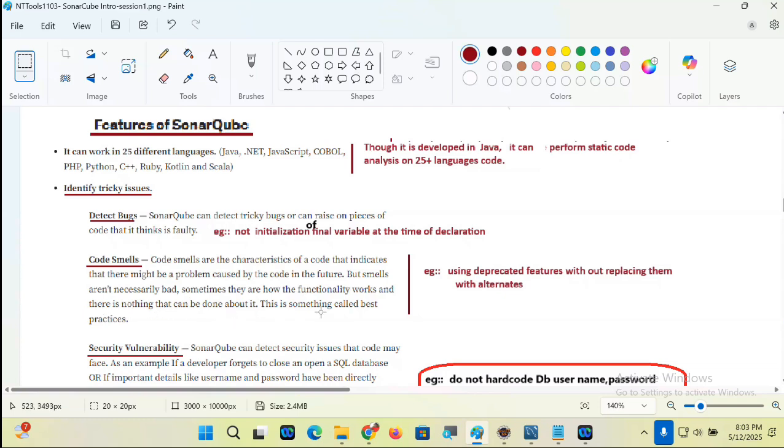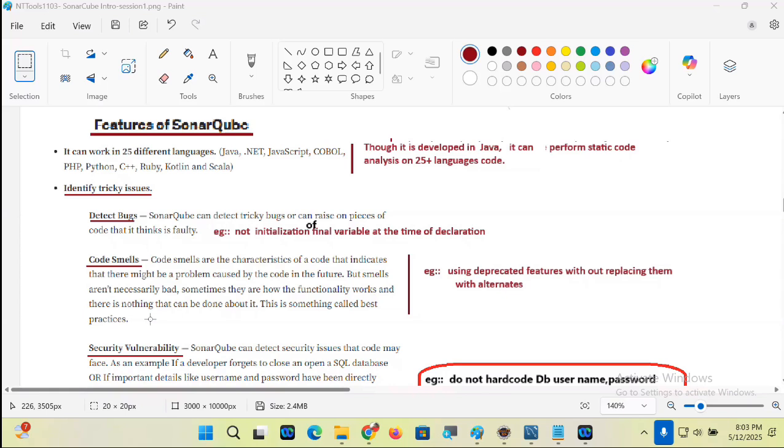This is something called best practices. See, it is not compulsory that you should get an error, a compile time or runtime error. For example, you have taken a variable but not initialized it, but you are trying to utilize the variable.